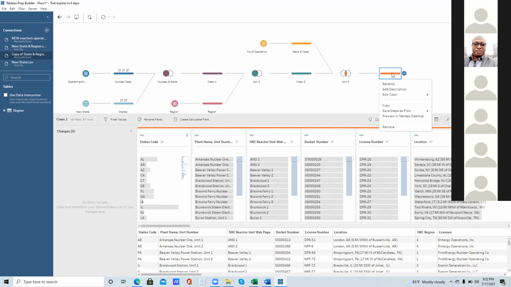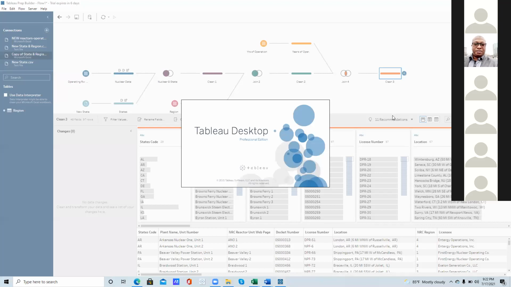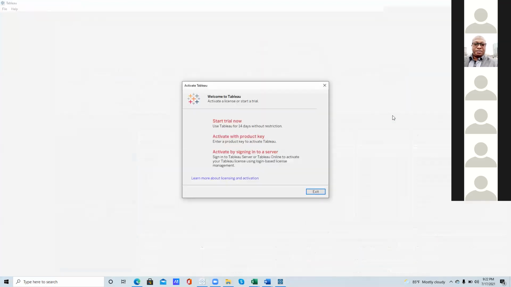You see preview in Tableau Desktop. Click on that one. Yeah. Give it some time, your Tableau Desktop should come up. So we just want to evaluate what you have done. Okay, we have not done the calculated field.